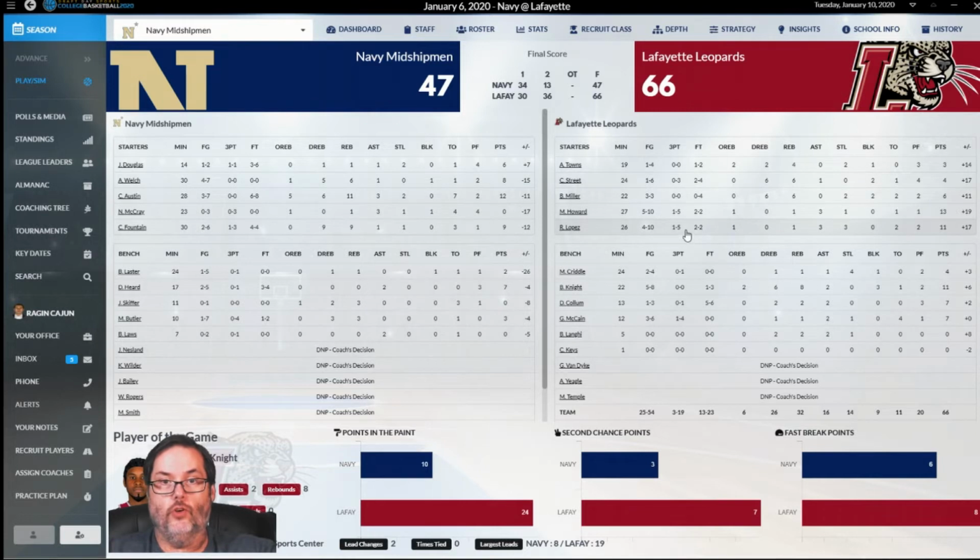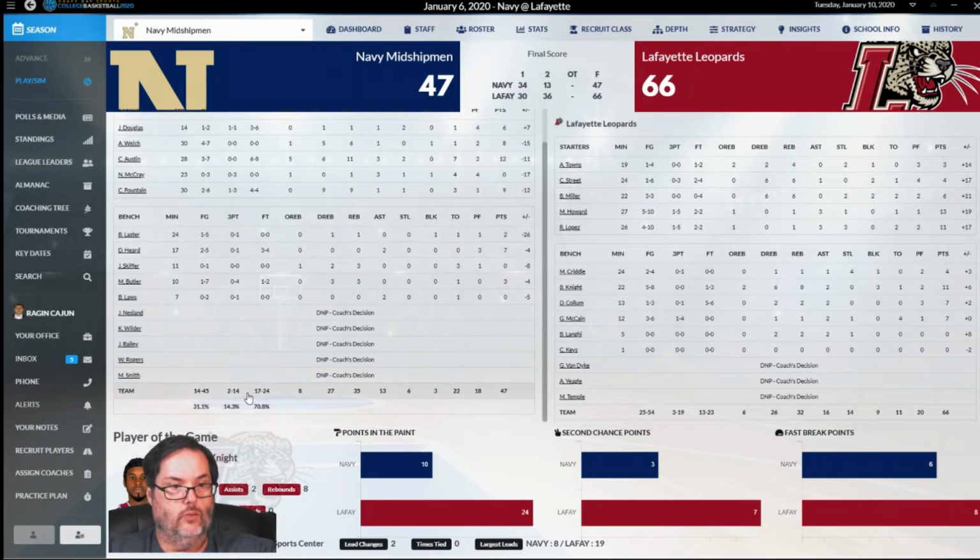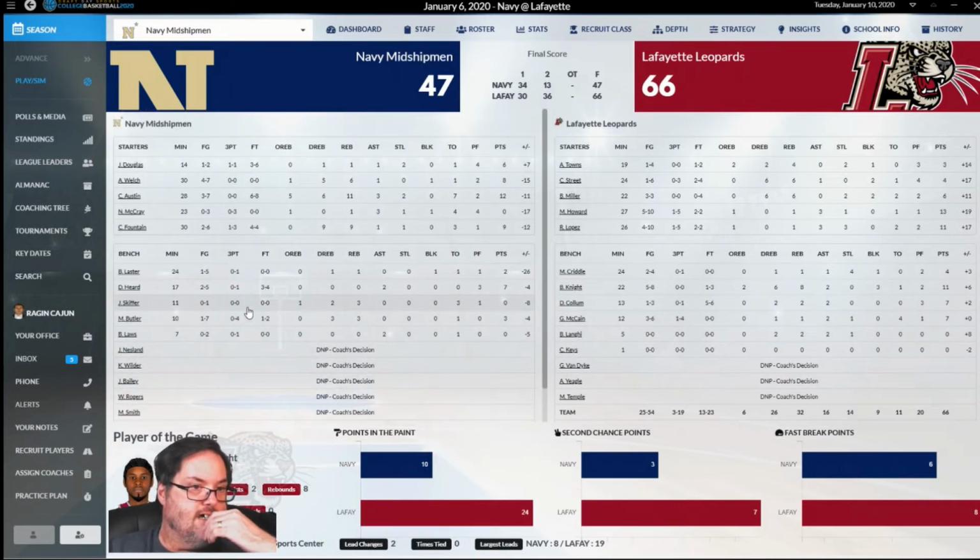They were 3 for 19 on three-pointers. We were 2 of 14. Only one player in double digits. There's our first double-double of the season. Austin goes off for 12 points, 11 boards, 3 for 7 shooting. All right, let's